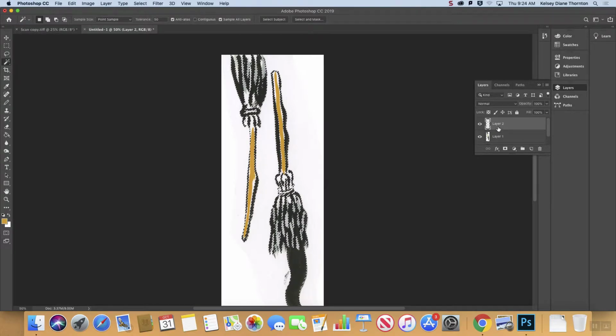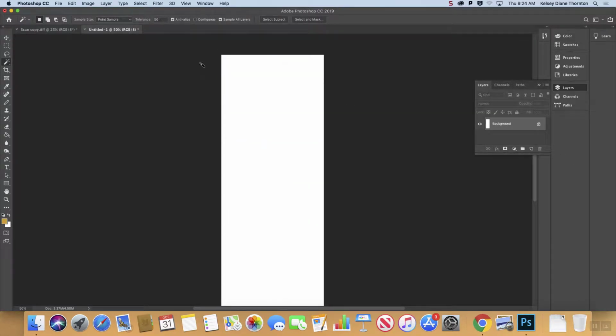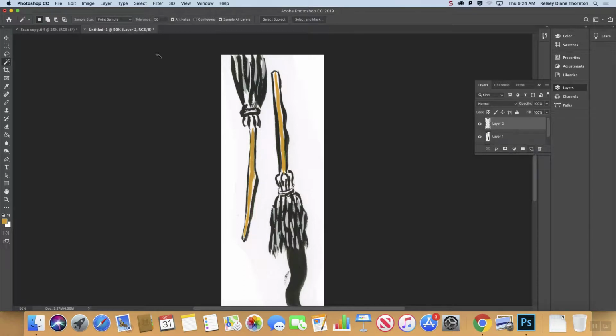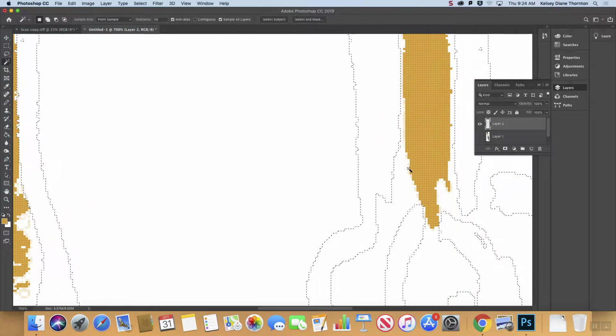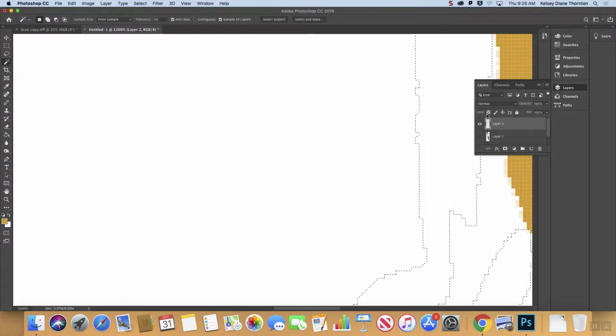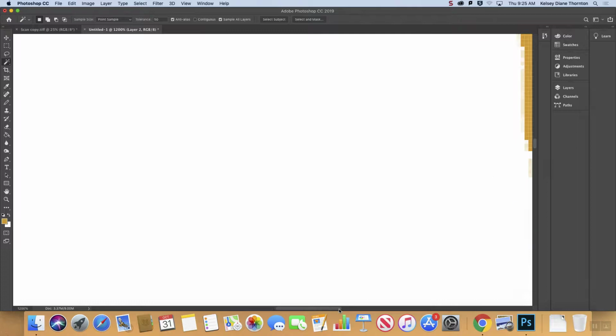I'm going to trash this whole layer because anti-aliasing was on. Do you guys remember what happens when anti-aliasing is on? Oops, we don't want to delete that one. No one remembers anti-aliasing? Yeah, so it wasn't going to be 100% smooth. I can back up so we still have that layer, and when we zoom in, see it's added a layer of light pixels around my solid color, and I don't want it to do that. So everything has to have anti-aliasing unchecked,